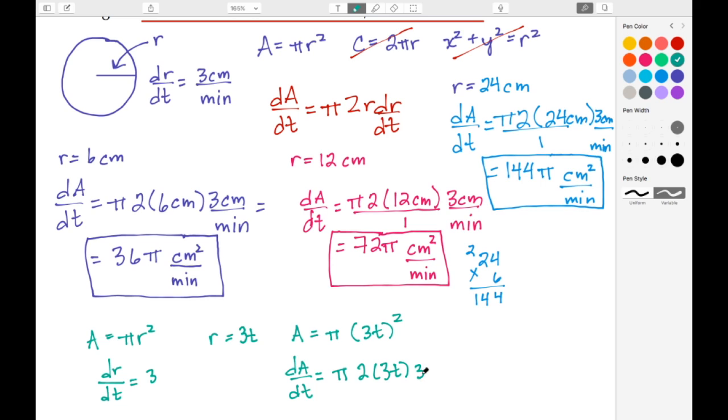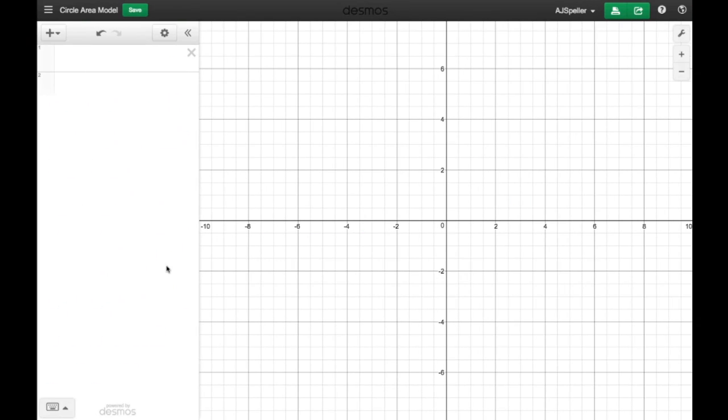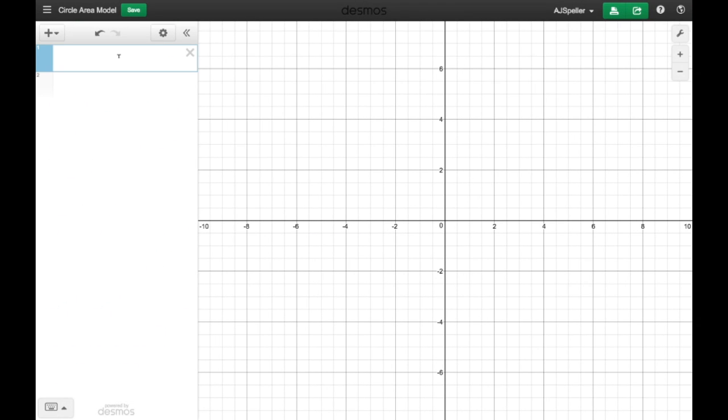So this here is the expression that now represents the change in area over time, and we're going to incorporate all of this information into our model. So let's go over to the model. Let's begin by putting in the radius. We have a slider for the radius called r. I'm going to have that radius go anywhere from 0 up to 25, moving in steps of a tenth.